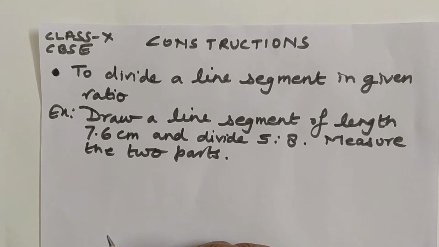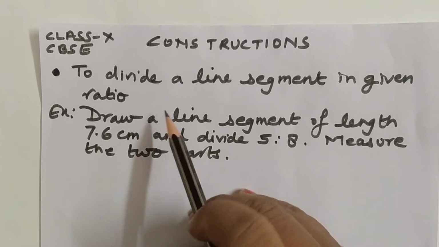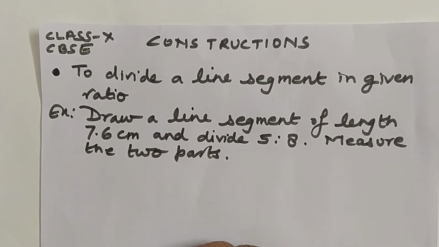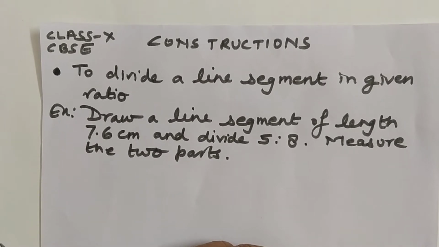One topic, either the pair of tangents or dividing the line segment, will definitely come in the board exam. If dividing a line segment in a given ratio comes, it might be a 2 marker for the standard paper and a 3 marker for the basic one. But if the question is regarding tangents, to draw a tangent from a point outside the given circle, then it would definitely be a 3 marker. So let's begin with our topic, and it is going to be very important.